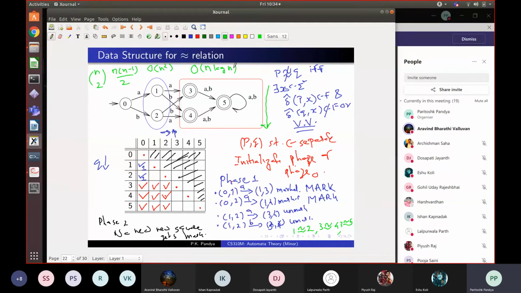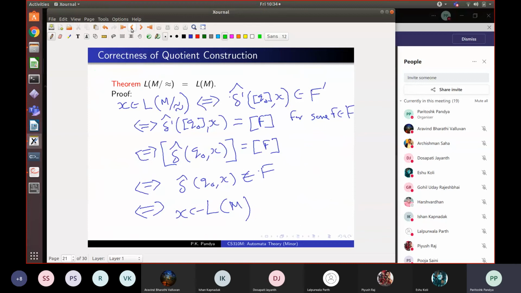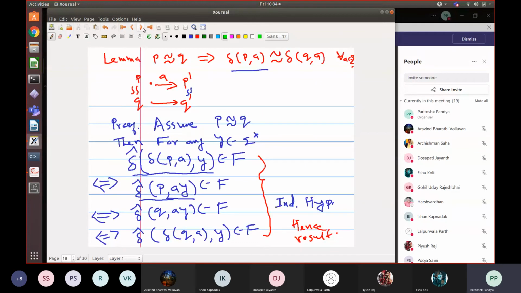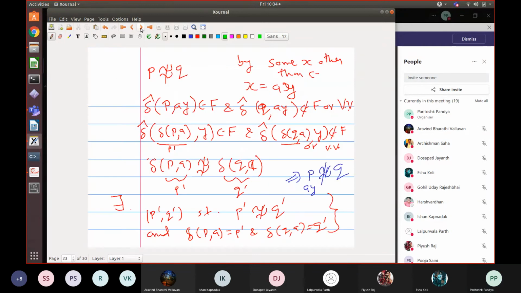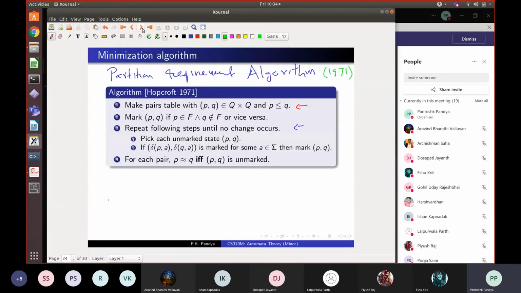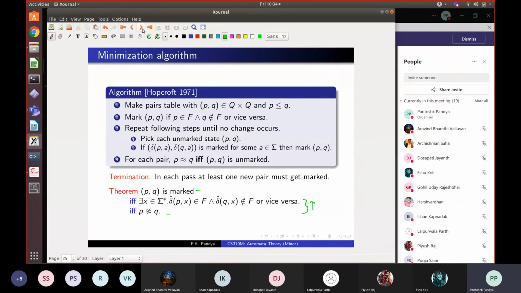No, sir, I meant optimal as in optimal final automaton. Oh, that's a good question. We will ask that question at the end of this class, but I need to move on. What you are asking is whether this quotiented automaton that we obtain is the smallest possible, the minimal automaton. Actually, this algorithm doesn't guarantee that yet, and in fact Hopcroft's algorithm makes no such claim. That's an important question, and we'll deal with it in a separate lecture.